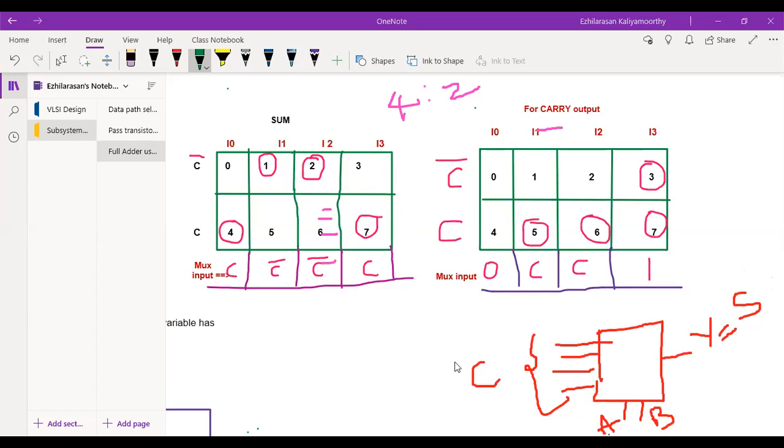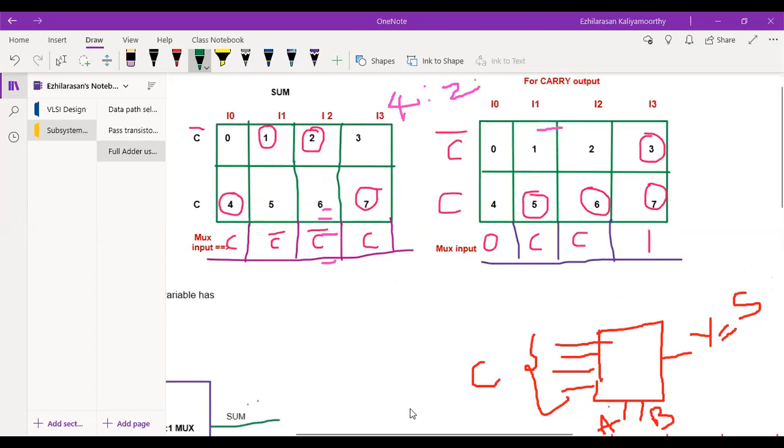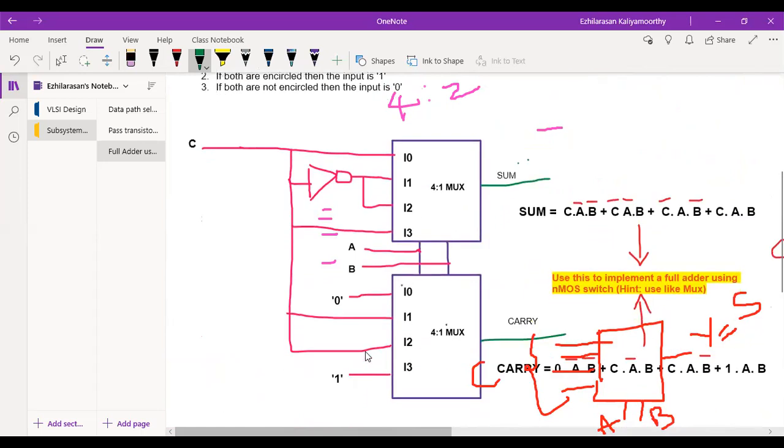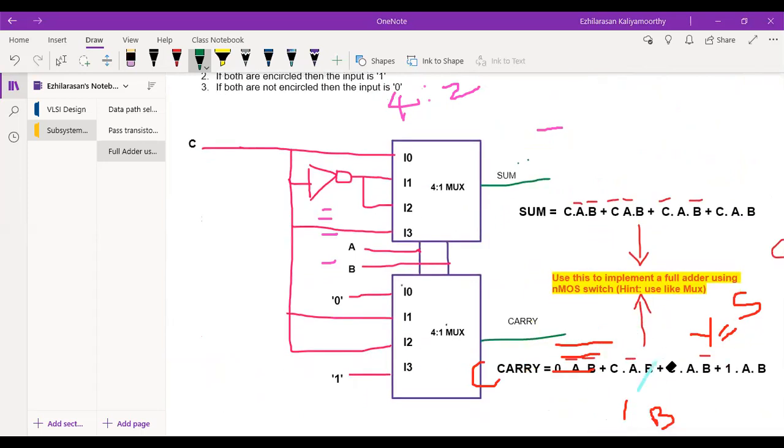Let me show the figure of how it is indicated. See here, 2 multiplexers with inputs I0, I1, I2, I3 each.